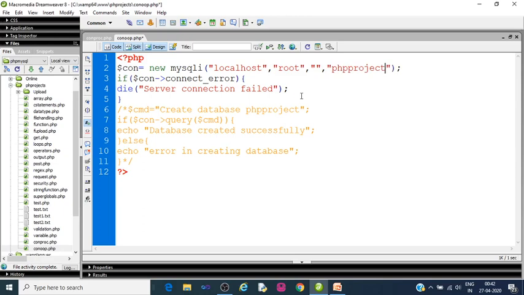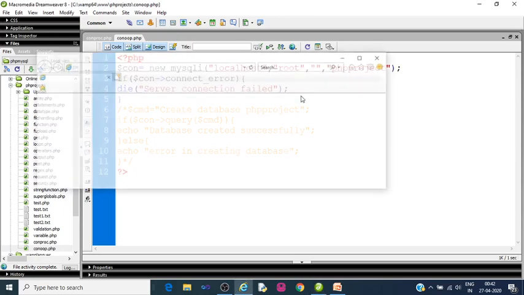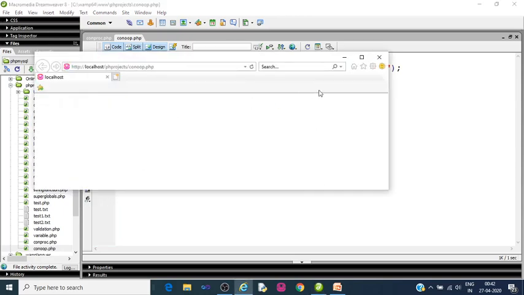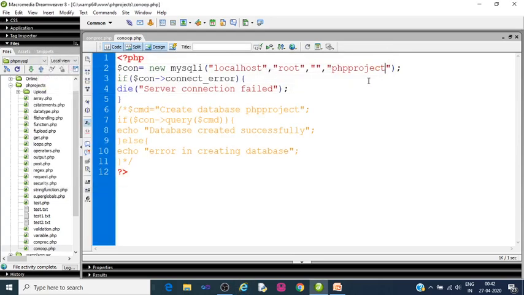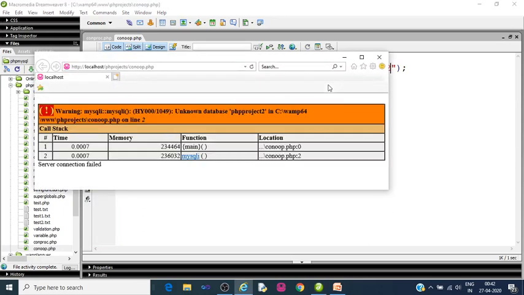So save it, press function 12. Nothing, so the database connection is successful. Now if we pass a database which does not exist, the message server connection failed is coming.